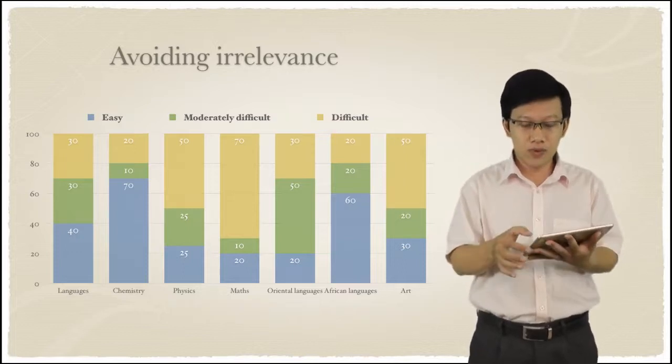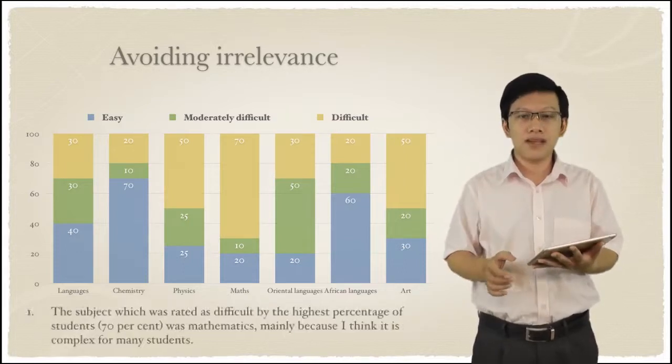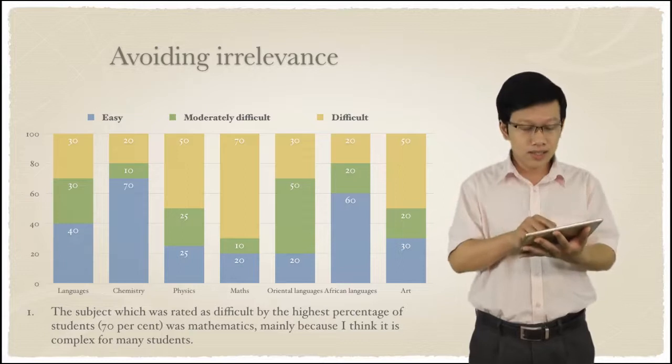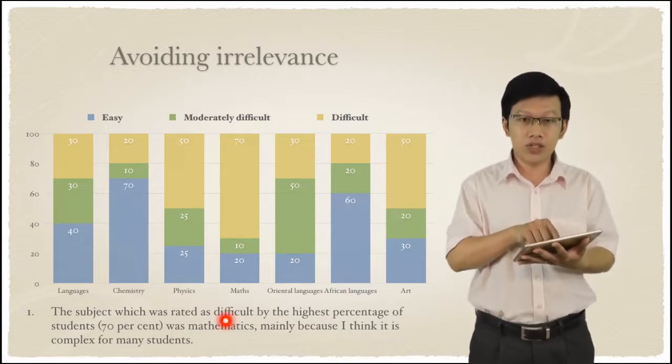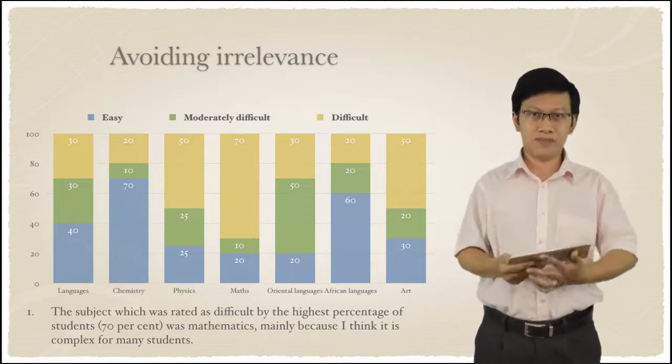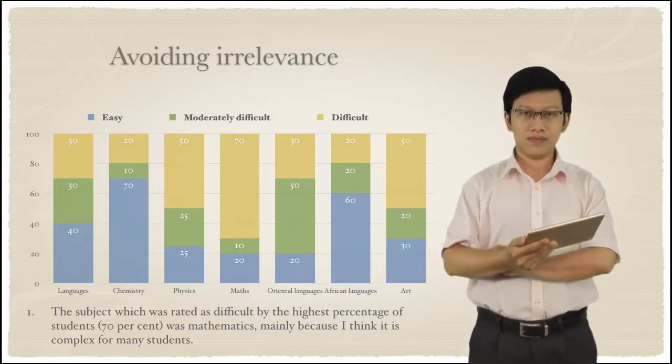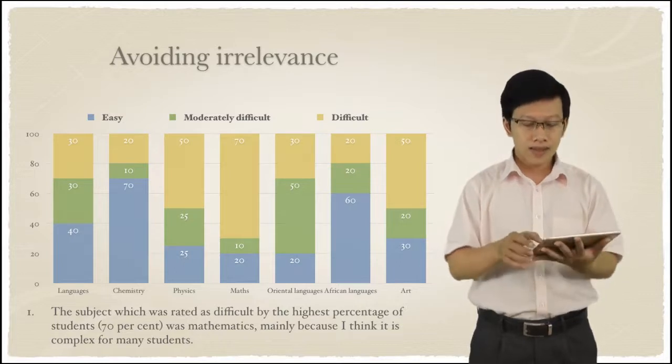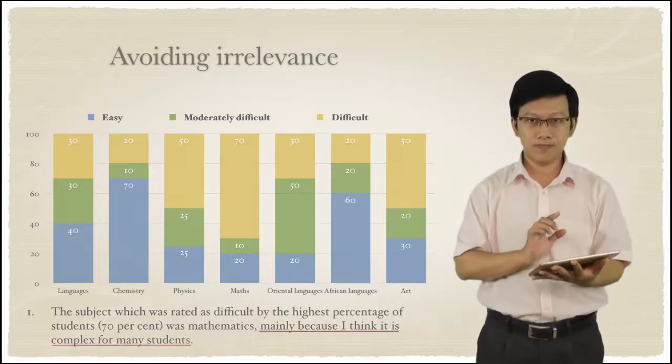Now, for now, this is not important. What is important is that I want you to read this sentence. This sentence helps to describe the chart. There's something wrong with this sentence. What is it? Have you seen it? Now, the problem is here. The problem is